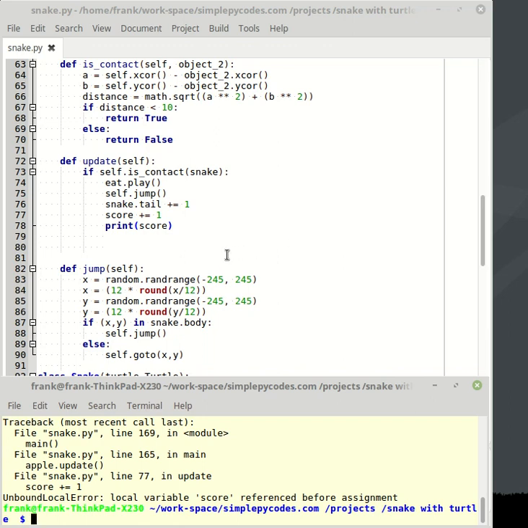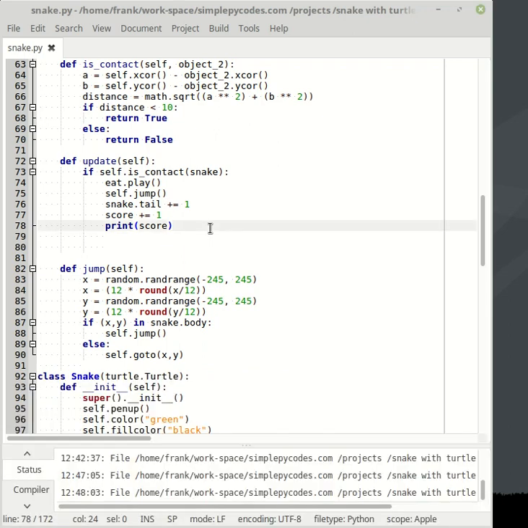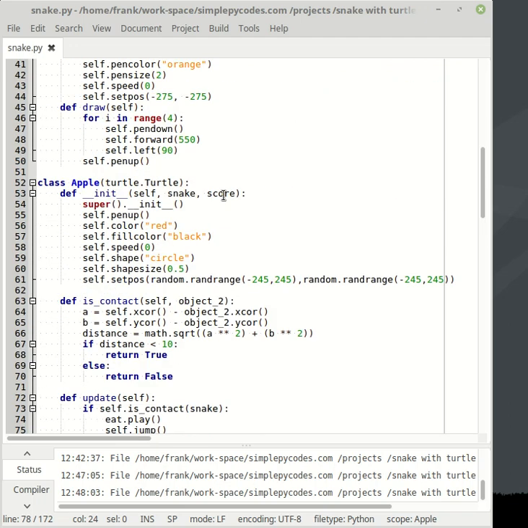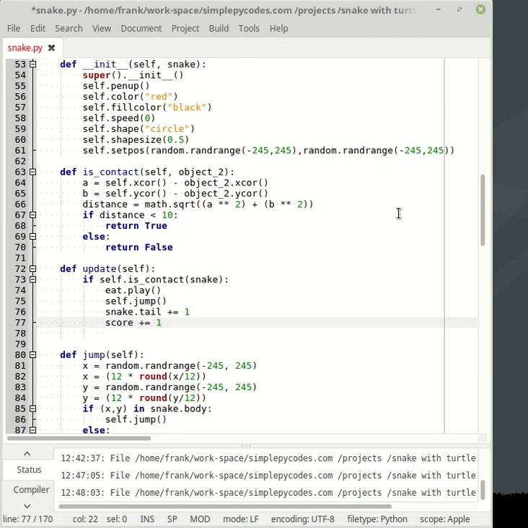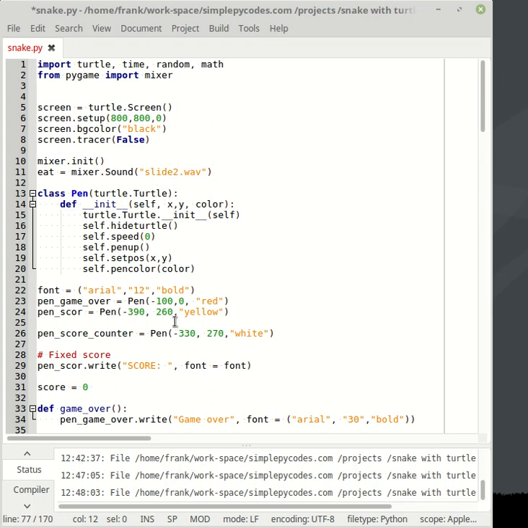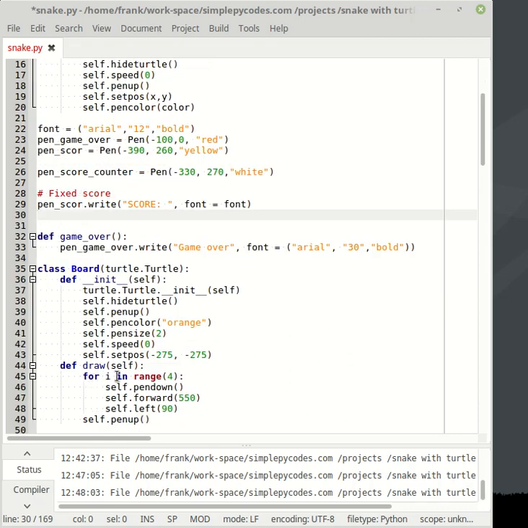Then we can make it inside the class. Okay, let's make it inside the class and save ourselves some trouble. Okay, instead of writing score here as a variable, we can add it to our class,